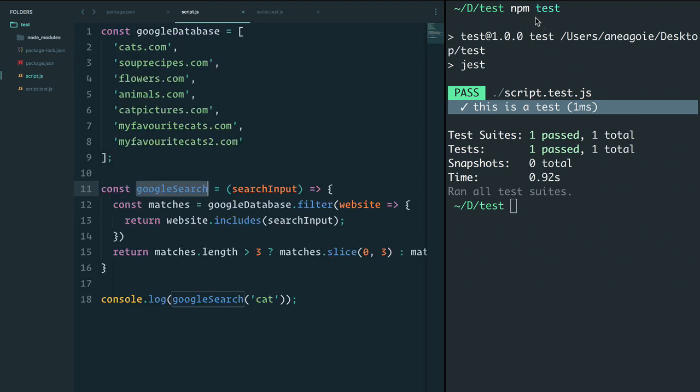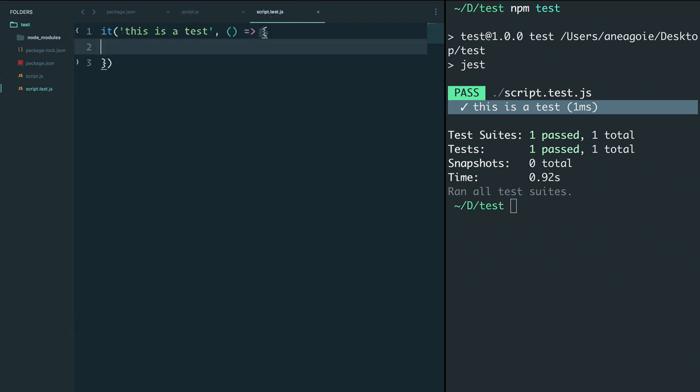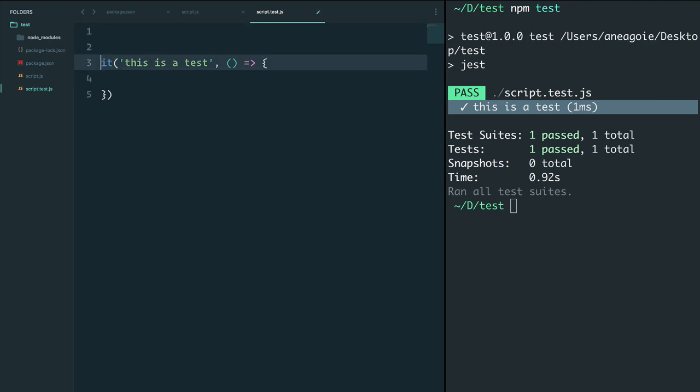Now, because this is Node, and we're not running in the browser or using Babel or Webpack, we don't have the import and export statements yet. Node is working on that, but for now, they're still using CommonJS, which, as you might know, has this syntax, module.exports equals, and we'll just do the Google search. We're going to export this, and then finally, we can import this at the very top of this test by saying const Google search